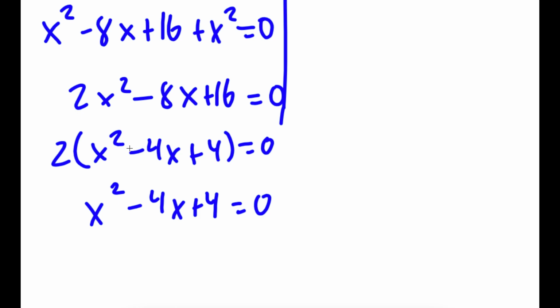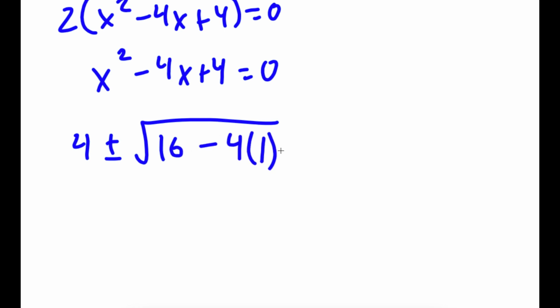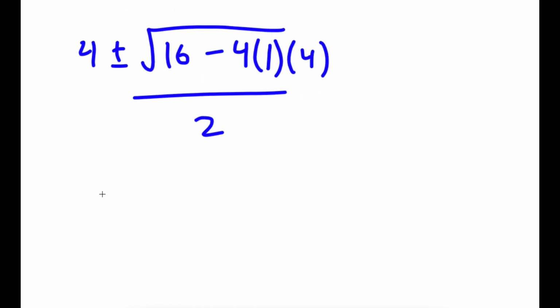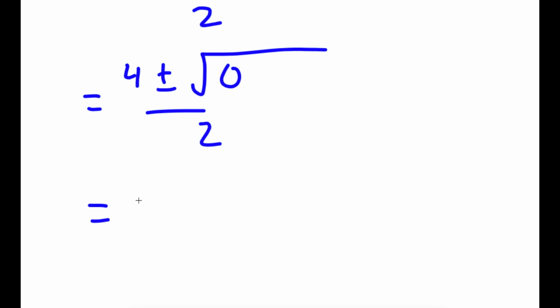Now, I'm going to go ahead and use the quadratic formula, which is negative b plus or minus the square root of b squared minus 4ac. So in this case, I have 4 plus or minus the square root of negative 4 squared, which is 16, minus 4 times a, which is 1, times c, which is 4, all over 2a, so 2. And this is equal to 4 plus or minus the square root of 16 minus 16 is 0 over 2,